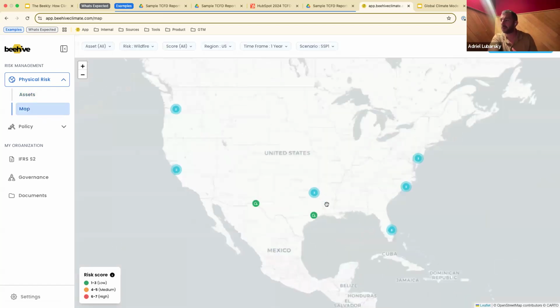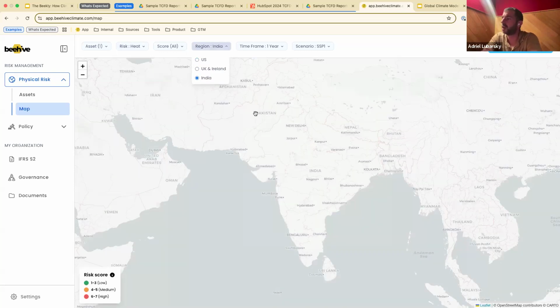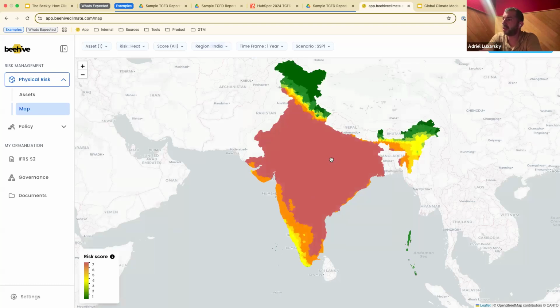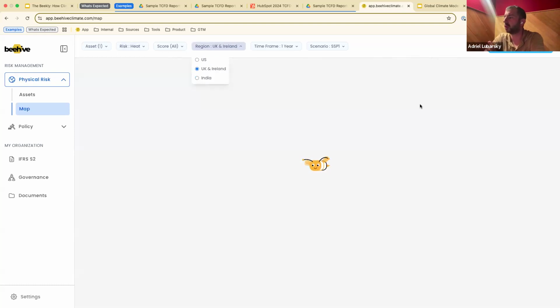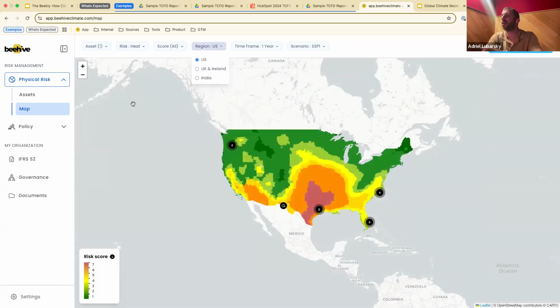They populate in the map automatically, and you can really begin to do a lot of this research to say, hey, we really take climate risk seriously. We really understand how our risks change across wildfires, which are not a big deal in Texas, to floods, which now in Houston become a much bigger deal, to heat, which obviously continues to increase in importance. And you can do this for regions all over the world. You could look at the risk maps for India. I didn't put any assets in here. You could do the UK and Ireland, with many more geographies coming soon.